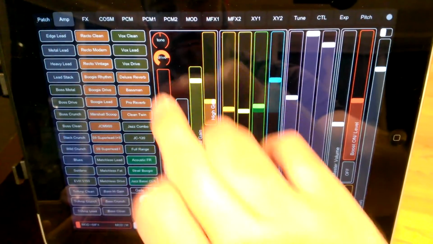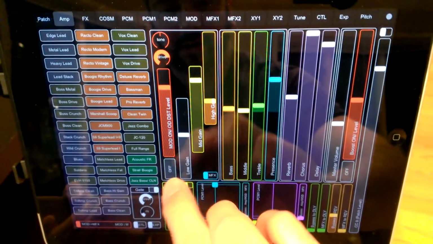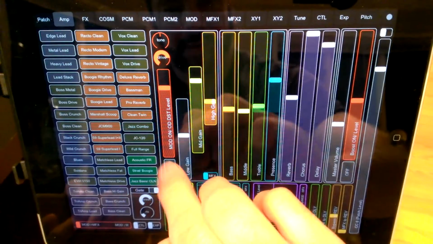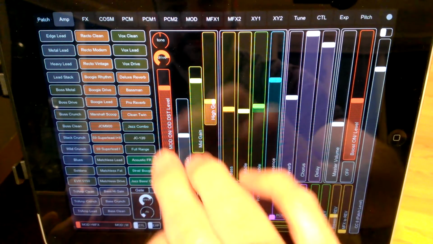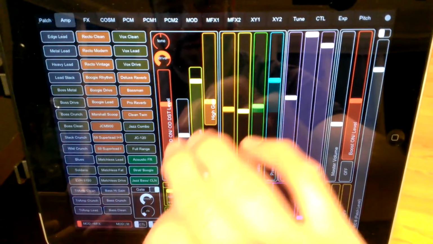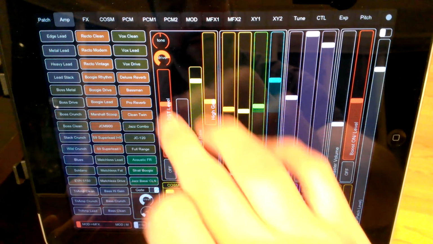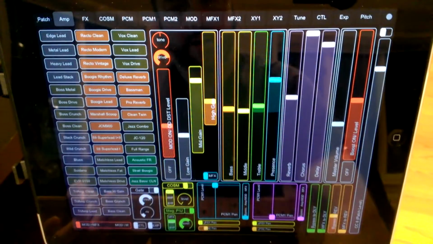So I can put myself right in the mix with this distortion, and if I've got the mod block on-off switch mapped, for instance, to the control pedal, this is something that I could do right in the middle of a song. I could determine that my distorted sound is too low or too high, adjust it, and get straight